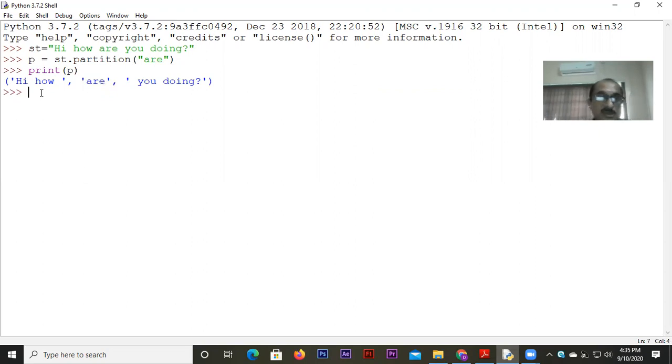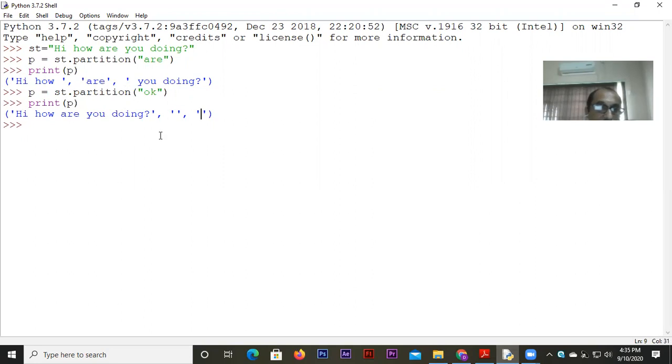But we are talking about a substring being present. Imagine if the substring is not there, then what will happen? Let's write an example and see for ourselves. If I try to look for a word, okay, which is not present in the string, what do we get? In that case also we'll get three elements, but look at this, the second and third elements are blank.